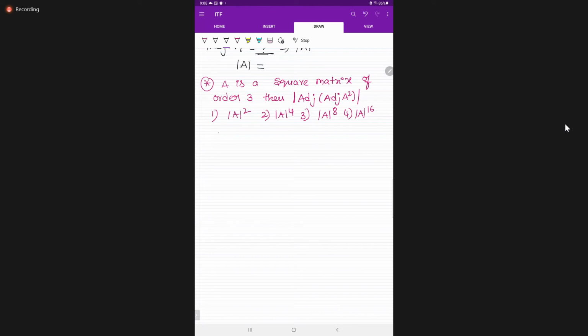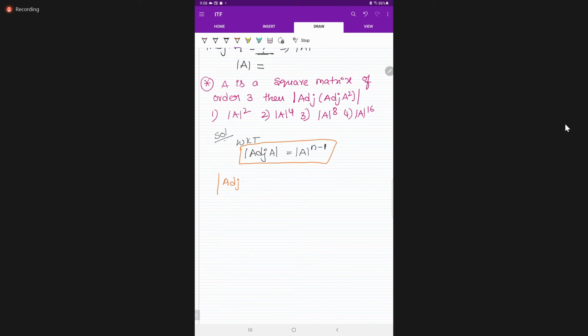Students, listen. We know that det of adj A is equal to det of A to the power n minus 1. Any doubt, students? Please respond. Now I want first adj of A square is equal to. Students, here we can write first. This is the formula already we know. So now det of